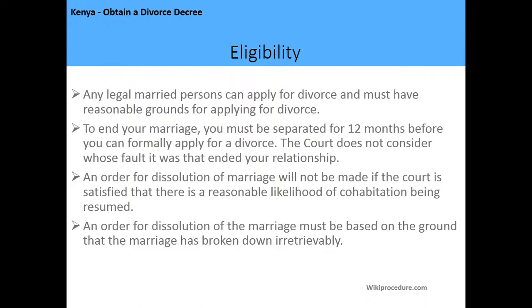You also need to note that an order for dissolution of marriage will not be made if the court is satisfied that there is a reasonable likelihood of cohabitation being resumed. So the court will only dissolve the marriage if there is no likelihood that you can resume your cohabitation. And an order of dissolution of marriage must be based on the grounds that the marriage has broken down